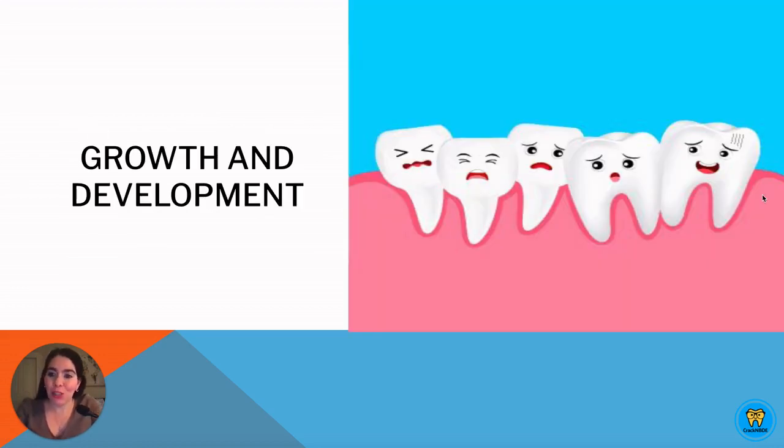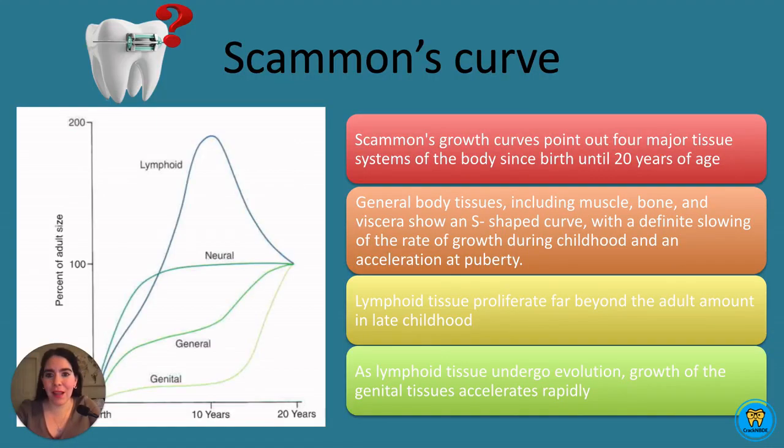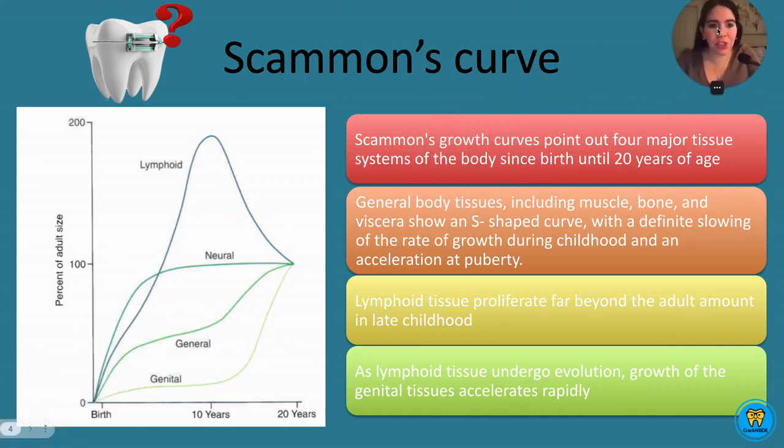And today we're going to start talking a little bit about growth and development. And let's start talking about the Scammons curve. Definitely something that you should know for the test. Well, the Scammons curve points out 4 major tissue systems of the body since birth until 20 years of age. These 4 major tissue systems are genital,